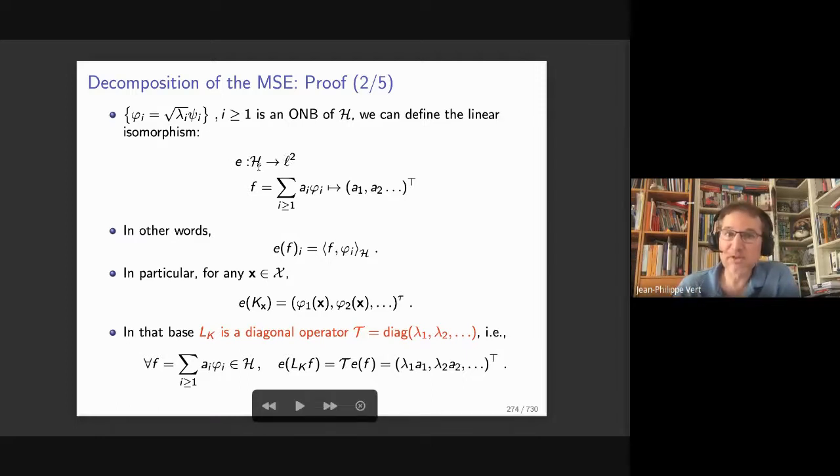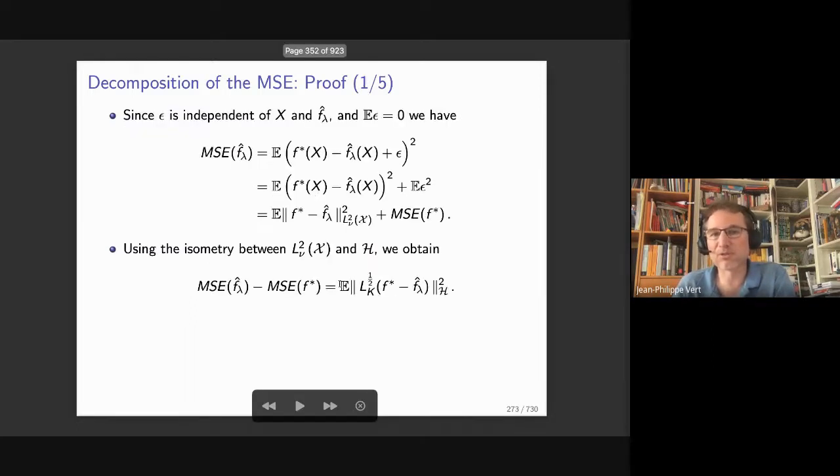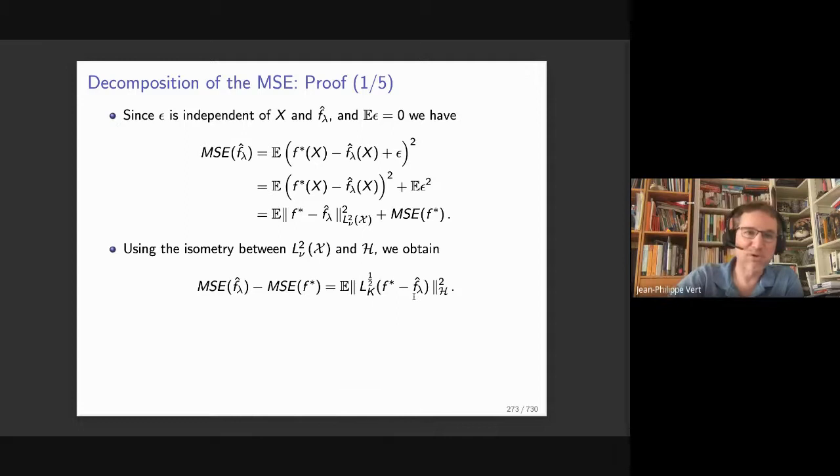And so this mapping here is just mapping of any function in the RKHS to its coordinates onto the basis, right? So it's just a notation to say what's the coordinates of a function f on the basis phi I. And so what we will do, in order to compute that, is compute the coordinates of all these terms in this basis. So this means that we will compute E of f star, E of Lk 1/2 f star, E of Lk 1/2 f hat lambda, etc. And this will just allow us then to estimate a big vector, and then we will do the sum of the